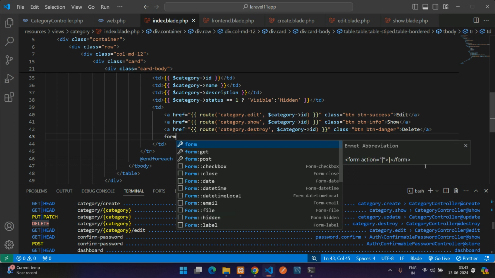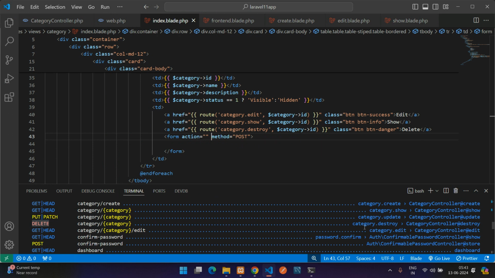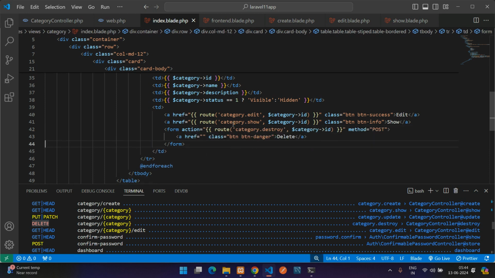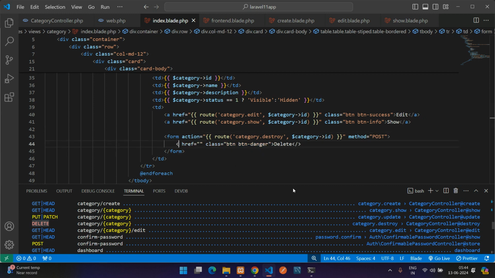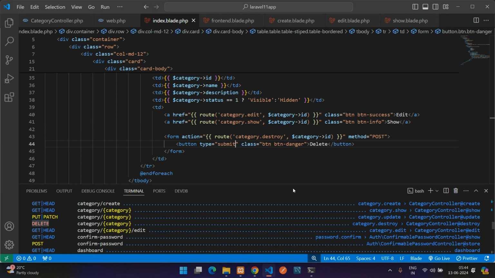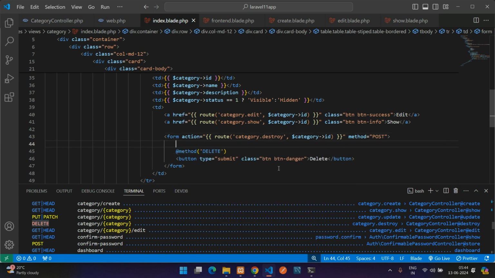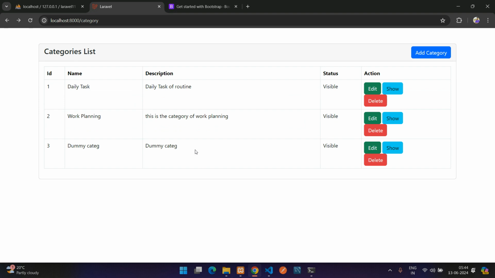So guys, for that, use a form tag, use a method post, and the same route, control X and paste here. Copy this button inside and make this button type equal to submit, and this method is delete, and also the CSRF token, and you are done. So now guys, let us test it. Refresh. So once you click on this delete button, where it goes to the